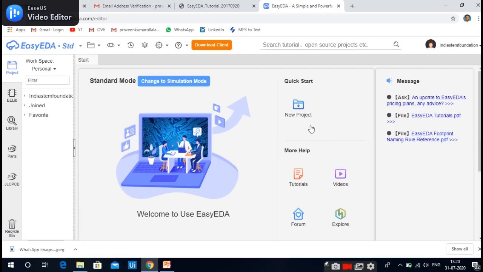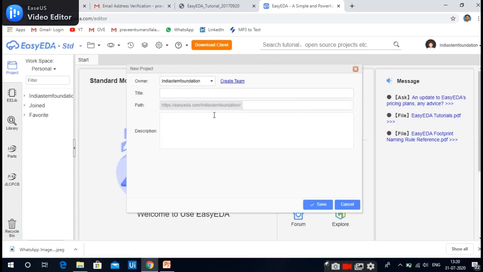First of all, we are going to create a project, so I'm going to click on new project. When you click on the new project, it is asking for the project title. We are going to design a power supply, right? So I am giving it as power supply. Sorry, the U is missing here. You can also write the description.